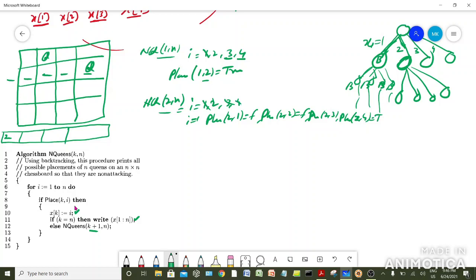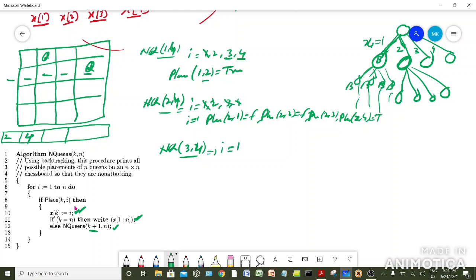Fine, and the fourth one is also exhausted, and we updated the result to make x2 equal to 4. Okay, so this statement was executed, and now we reach n queens, the recursive call to 3 and 4. Okay, this is also equal to 4. This is also equal to 4.